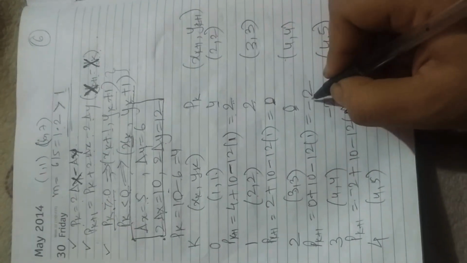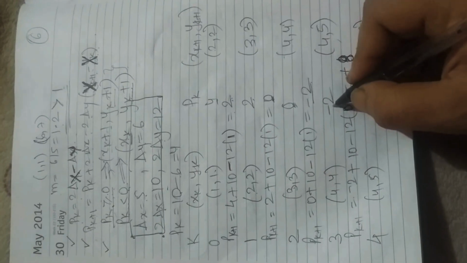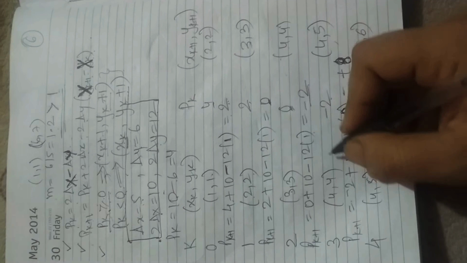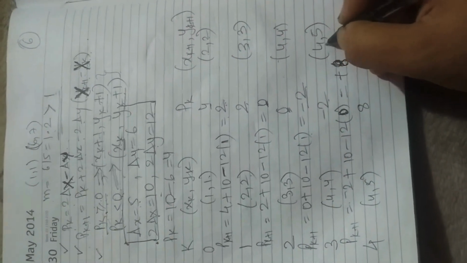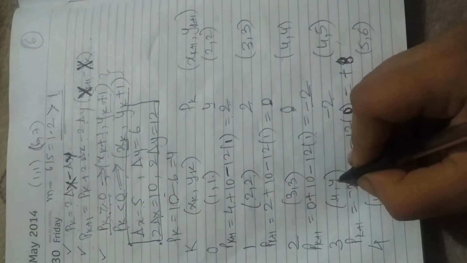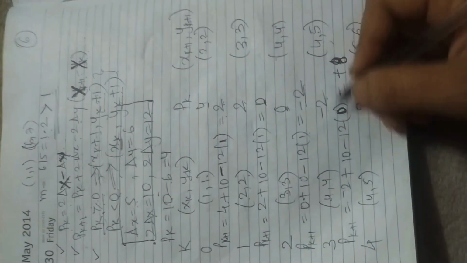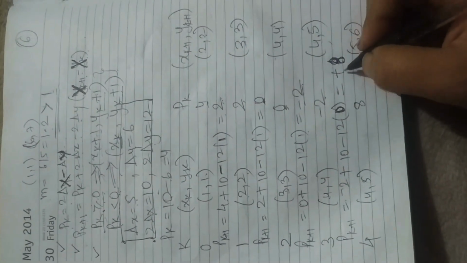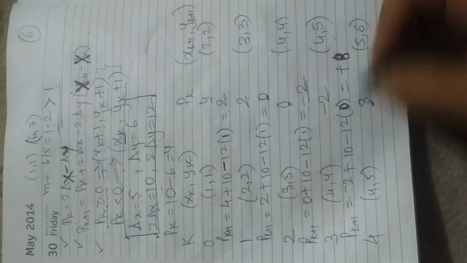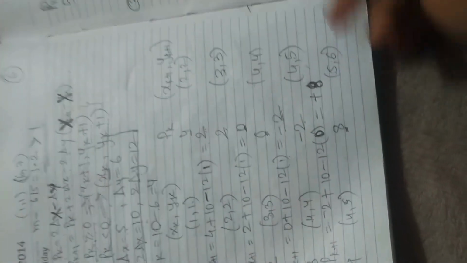Now next time we get the value of pk as minus 2. So we are writing that over here. So when the pk is negative, we will only increment the value of y, and the value of x will be the same. That's why this value of x was 4, here also it is 4. And value of y was 4, here it will be incremented by 1. So next time again calculate the value of pk plus 1, that will be positive. So when this value is positive, we are going to increment both. So this 4 will be incremented to 5, and 5 will be incremented to 6.